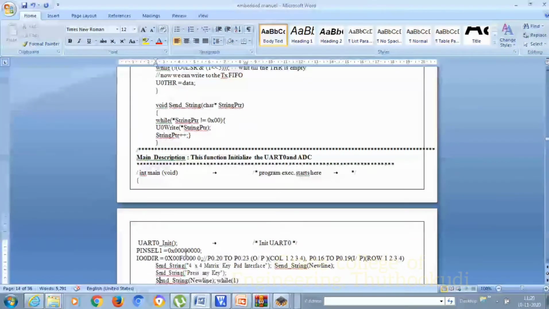Next, the int main void function is given. In this main function we have already initialized the UART communication, so we have included UART0 initialization.